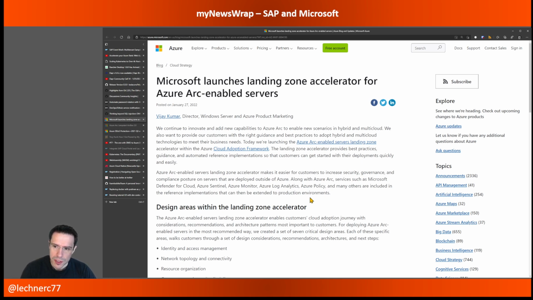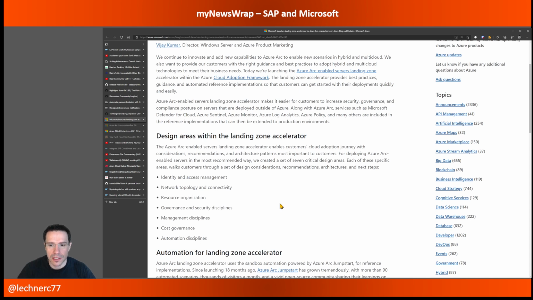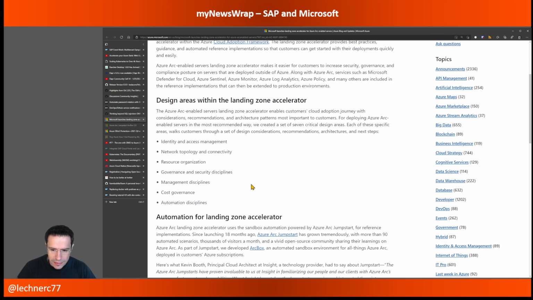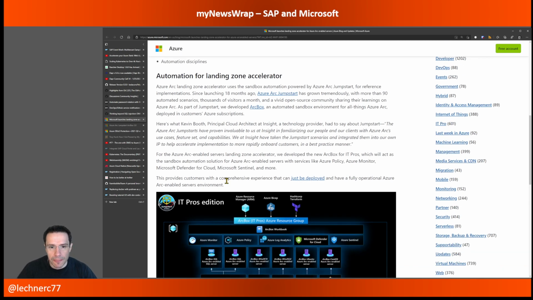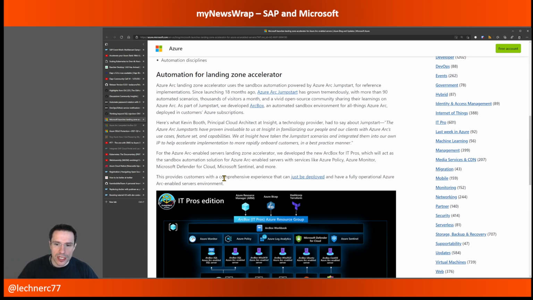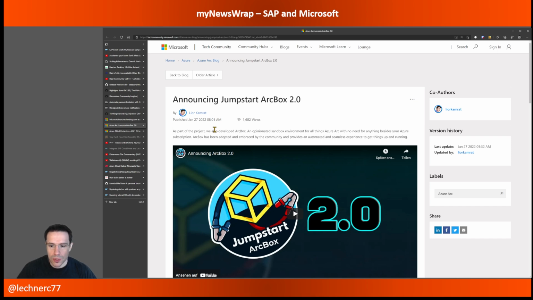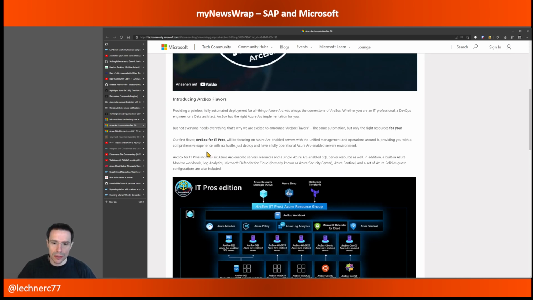And now the Azure Arc enabled servers got added to the Cloud Adoption Framework. So basically all the typical topics that come along with the Cloud Adoption Framework have been covered there, like identity access management, network, resource organization, all the governance topics, costs, and so on and so forth. And in addition to that, in order to make it even easier for you to get started with the topic of Azure Arc, there is an Azure Arc box that I've also referenced within the show notes. It's called Jumpstart ArcBox 2.0, which allows you, if you have an Azure subscription, to deploy a kind of sample setup around Azure Arc with the best practices embedded in there,